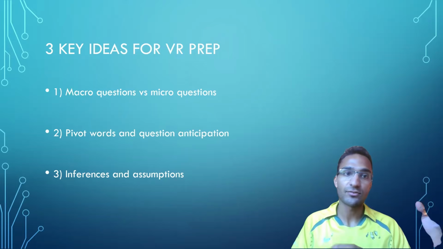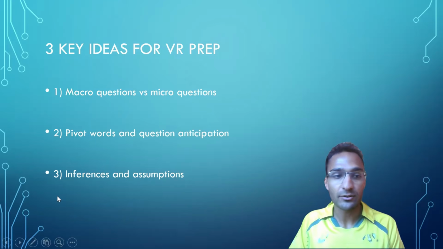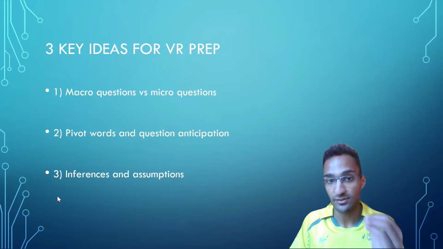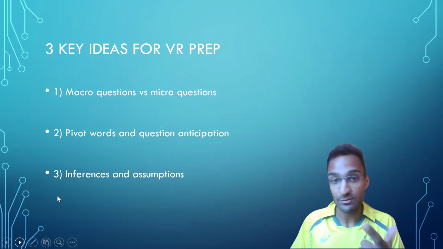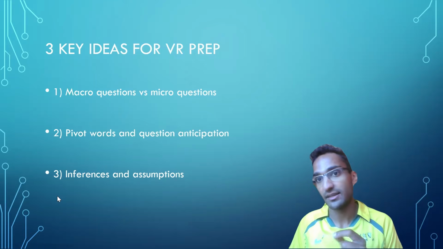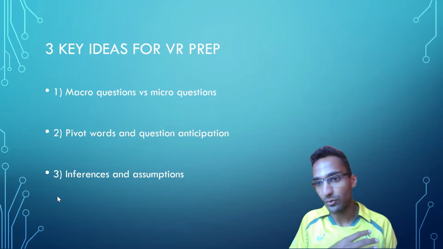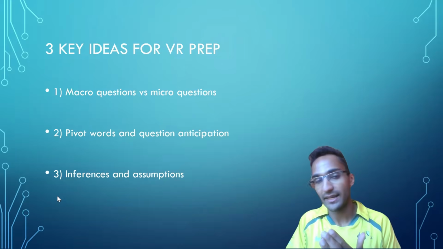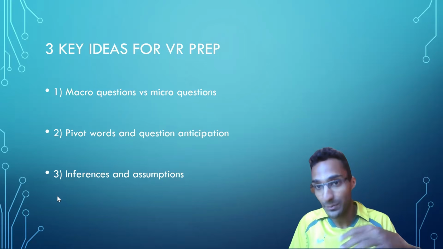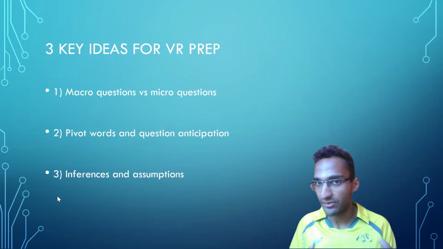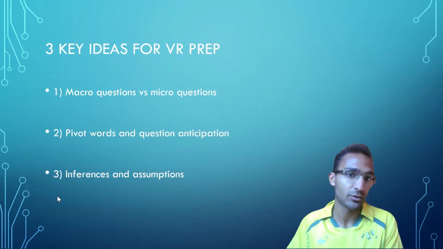Because if you've read the passage first, the macro questions you can be more confident just answering straight away. Whereas the micro questions, which require more specific attention to the detail in each sentence, might require rereading, or you just need to be very confident with the specific sentence that the question is testing. So the macro questions you can make a bit more of a loose inference on and pick an answer and move on. They require less checking into the text. And they're often the trap because people go looking in the passage when there's not necessarily that exact sentence that relates to the question as you would expect in a micro question.